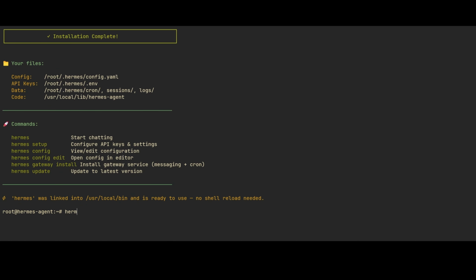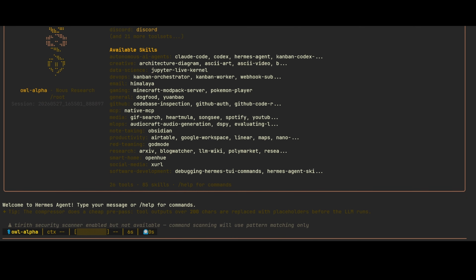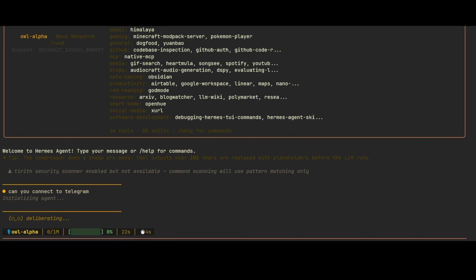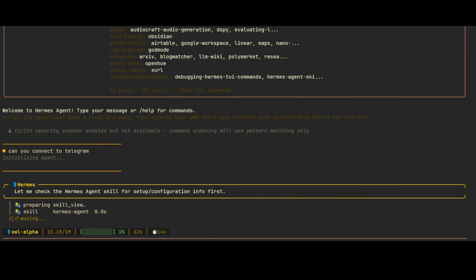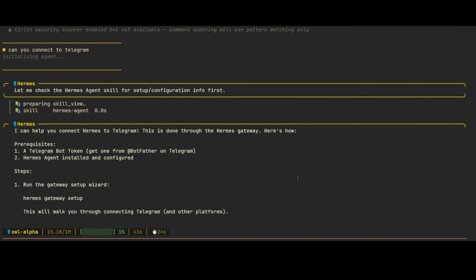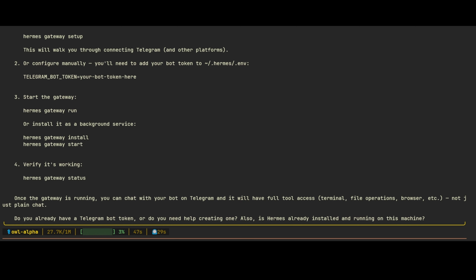So my first instinct was to use Hermes agent itself to figure out the issue. So I fired up Hermes agent and I asked it, can you connect me to Telegram? It gave me a few steps. First of all, it was to get the bot token, and then second, it was to run the command Hermes